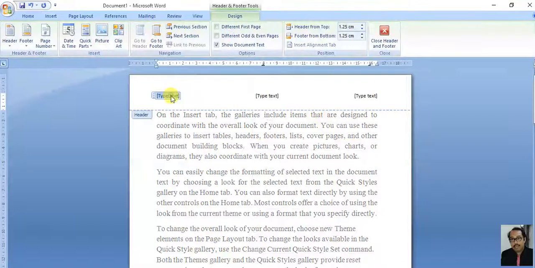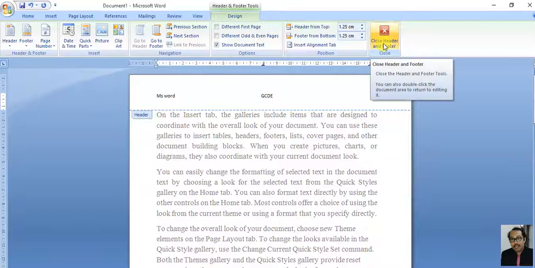The text is MS Word, GCDE. This one is say SS. Correct. Now go to close header and footer.